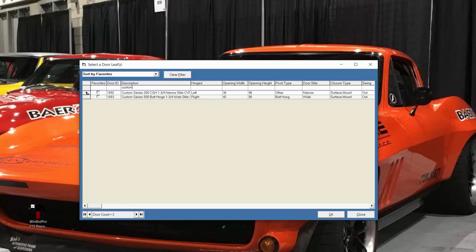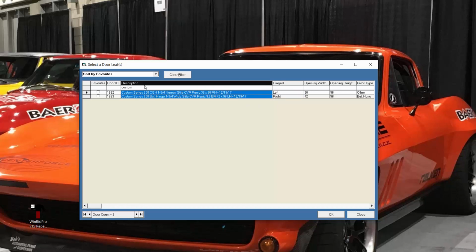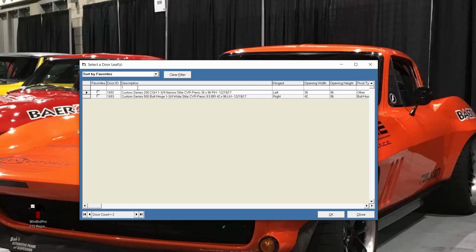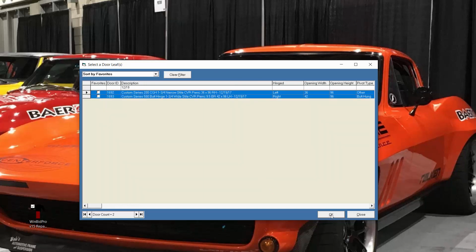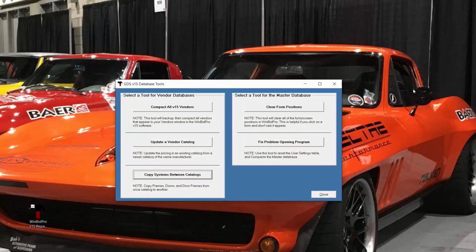So I'm just going to select these two. I think in this case, I did put the dates after them. These are long descriptions, but I could have also sorted by the 12/19 for the dates, and it would bring up those same two systems, door leaves. So now I'm going to highlight those and hit OK, and it's going to copy them. So basically, that's all there is to it. I just copied the door frames I wanted from the old catalog to the new one, the door leaves and